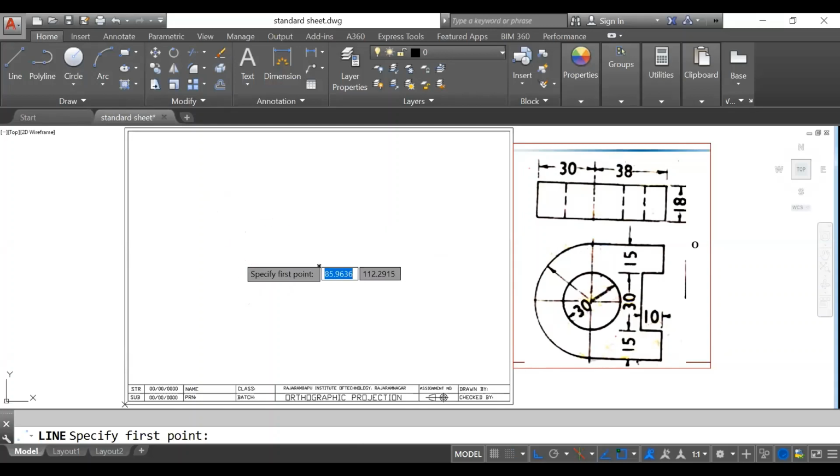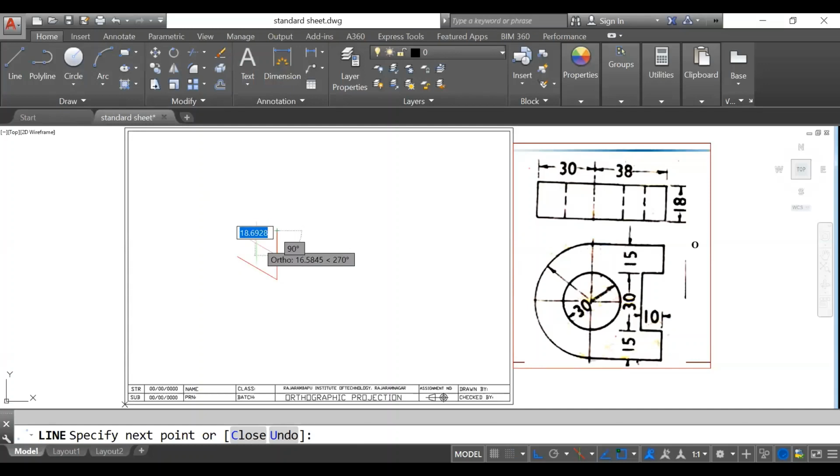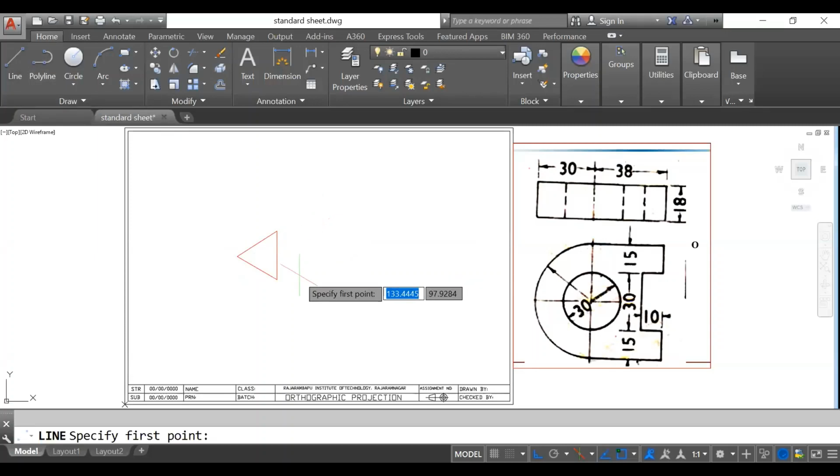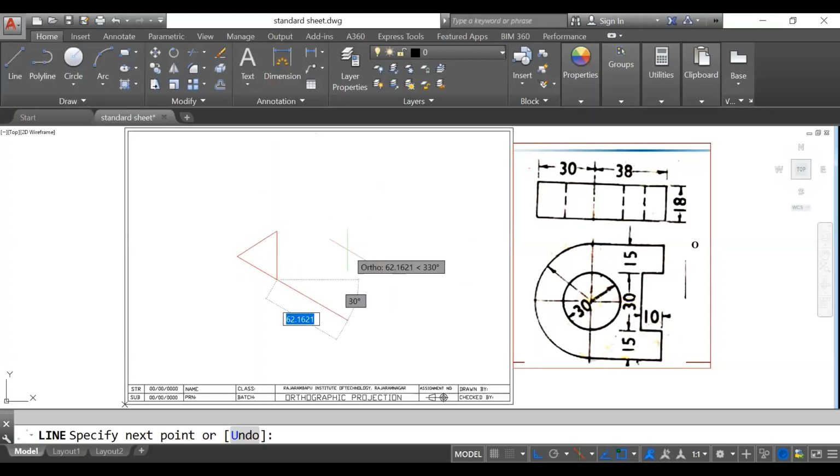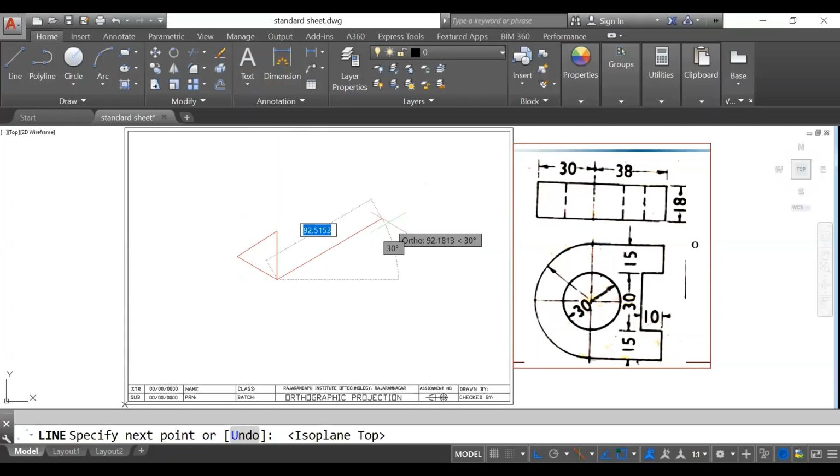You can see here, suppose I draw here a triangle. I have to give the height to this one. So I will use the Control E button, and I will just use this like this.